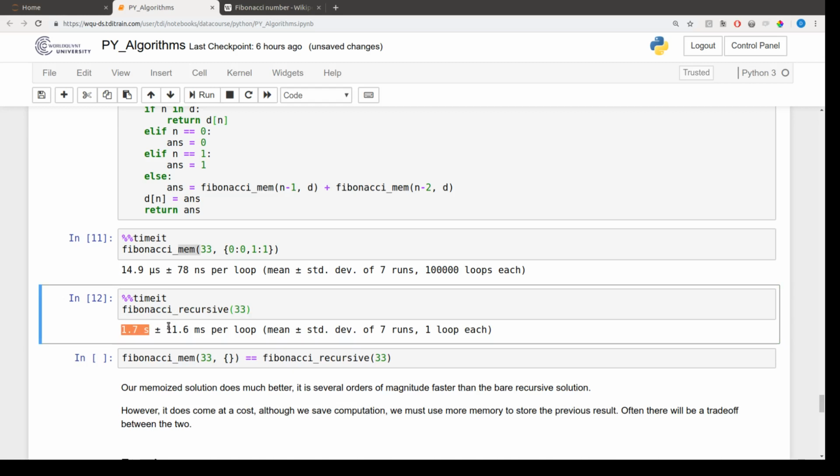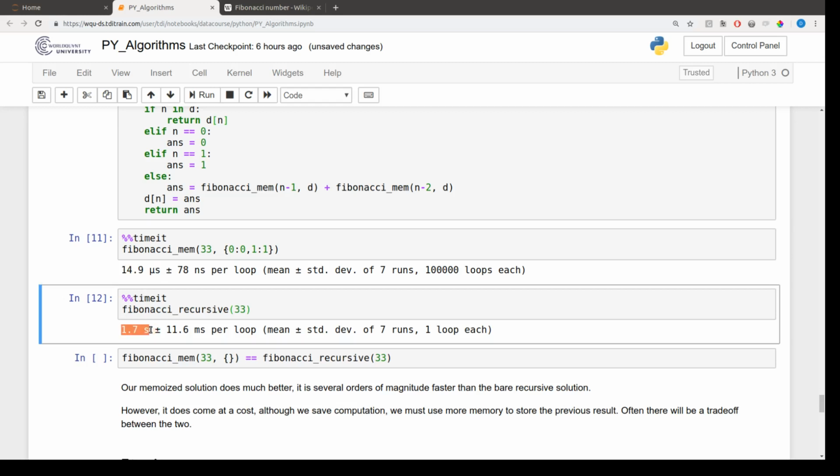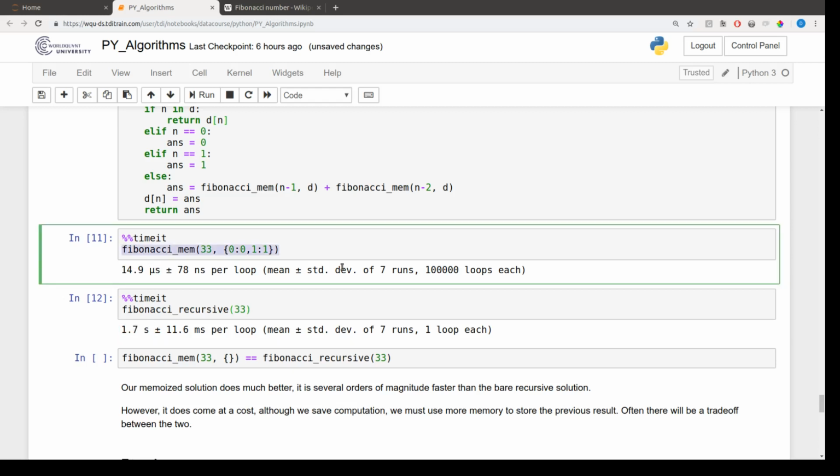So it was about 10,000 times slower. Or actually, it's about 100,000 times slower than the memoized version. This is a huge difference. In terms of how long we have to wait around as users, there's not a huge difference between 15 microseconds and 2 seconds. But if we have to run this function over and over and over again, say 1,000,000 times,